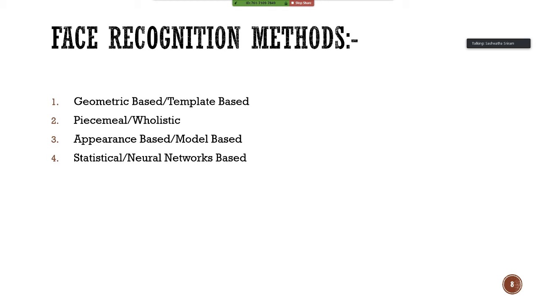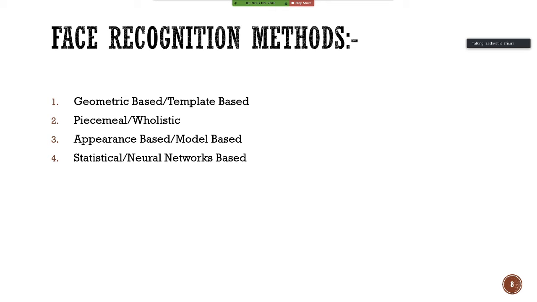Now, I'll be talking about the different methods of facial recognition that are used in these systems. The first one is geometric based or template based. What this does is take a snap of the face, and then compare it to a template. Say the eyes are matched to a template of an eye, the nose is matched to a template of a nose, and so on, a typical template of an eye or nose of a human being, and therefore it is identified to be a human face or not.